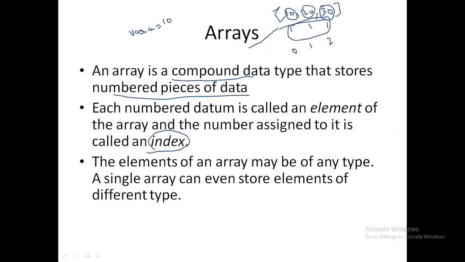So it will be denoted by some numbers. That number we call an index. So here, this is an element. We call each of these a single element. So 10 is an element, 20 is an element, 30 is an element. Okay, so it is a combination of all the elements, each of which has been assigned an index, and the array